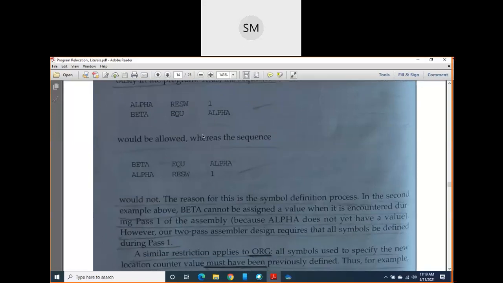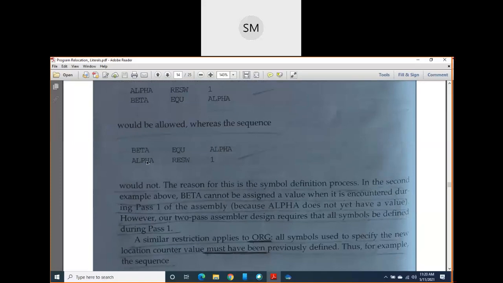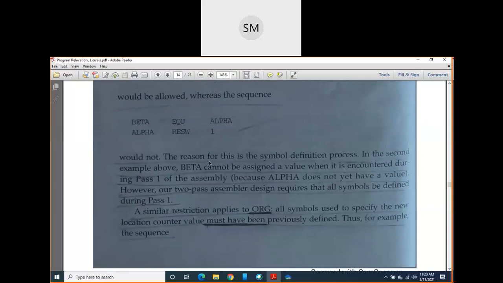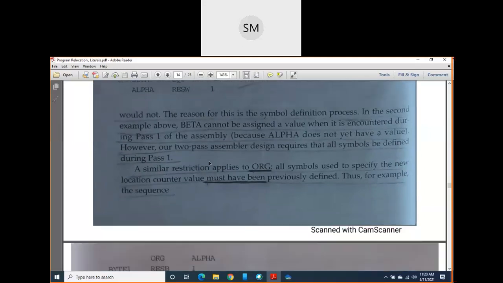But if you interchange the same statements, it will not work, because of beta equate alpha. When the assembler looks at this alpha, it will not understand what it is, since the programmer has not defined it earlier. So suddenly if you are assigning this value to beta, it will get a surprise and it will not do it. In the next line you are defining alpha, but the assembler will not take it as a proper sequence of statements in your program, isn't it? So always remember the symbols must already be defined in your program.